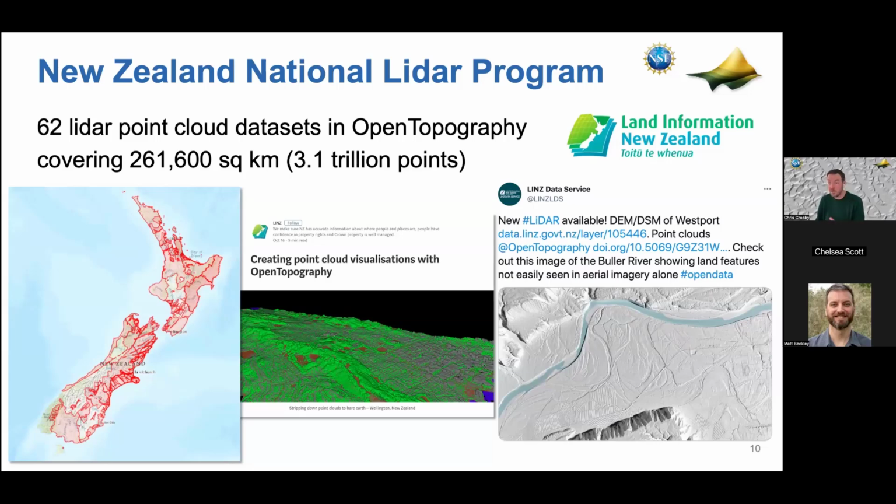And so this is an example of us going outside the academic domain to collaborate with other users or other communities to leverage essentially the OpenTopography platform. So we've had over the years groups come to us and say, we've got all this data, but we don't have a way to easily distribute it or make it accessible to our users. Can we just use the OpenTopography platform? And so this is an example of that.